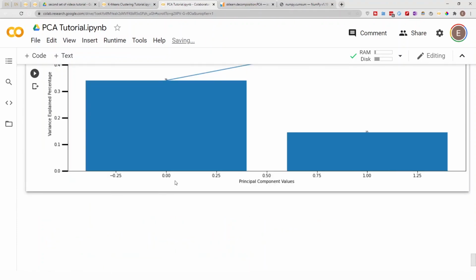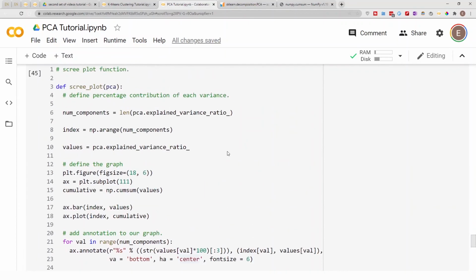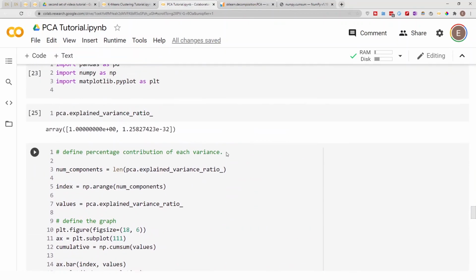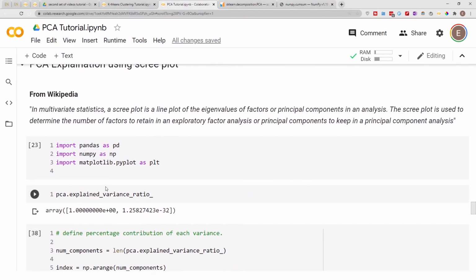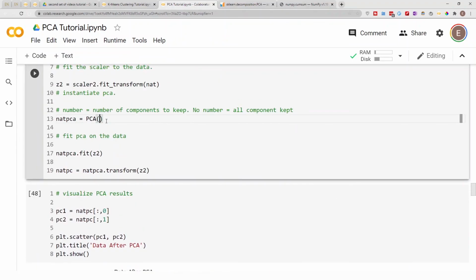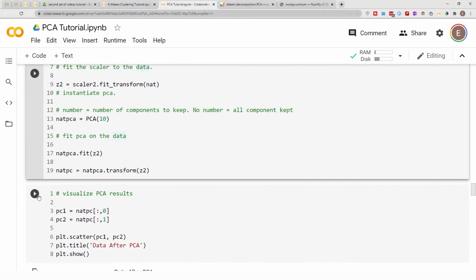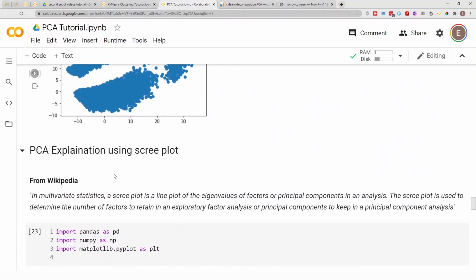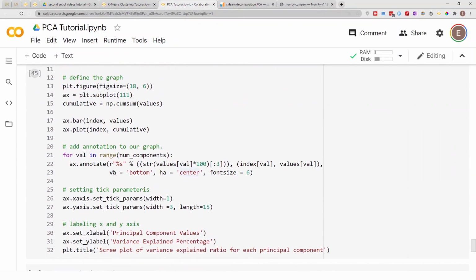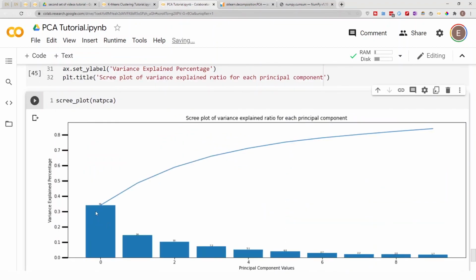And as you can see right here, it only shows us 2, and that's because we chose 2 as our principal component. So if I go back up here and change my PCA to, let's say, 10, and run this, and I don't need to run this again. But if we go back down here to our graph and run this again,